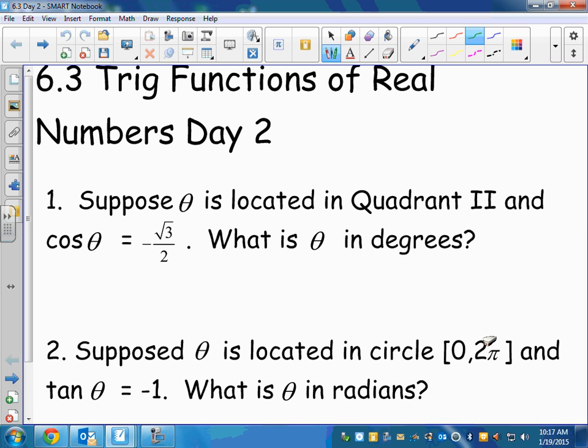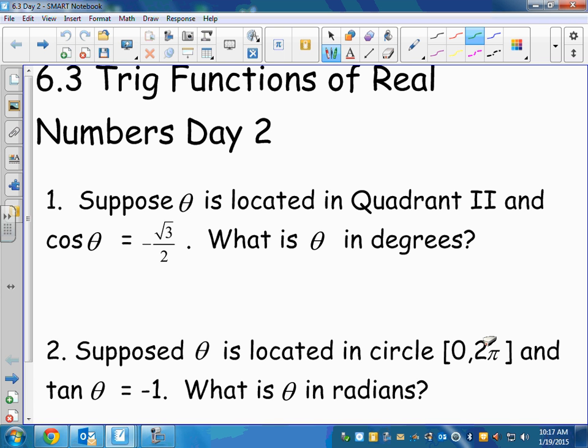Like instead of me giving you an angle from the unit circle, what if I give you a value from the unit circle and I ask you to tell me what the angle is? And there's kind of two ways they can do that. And so I picked these questions just because there are a couple questions like this on your quiz for this